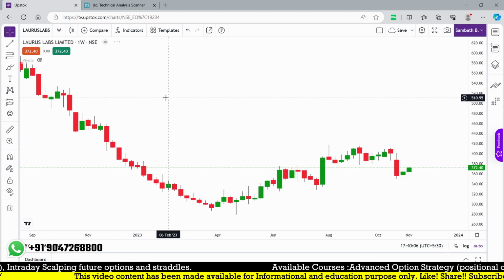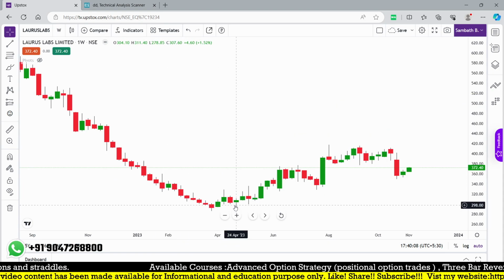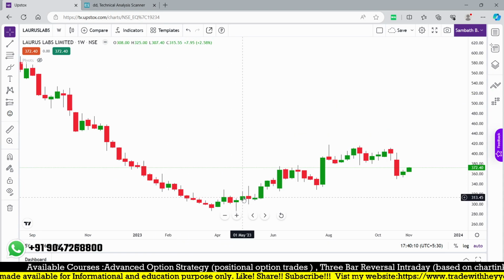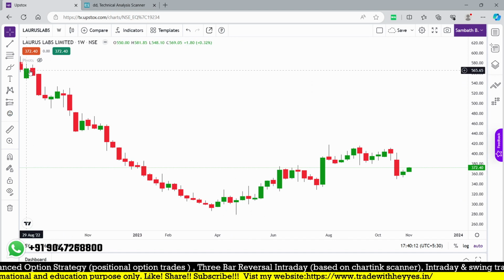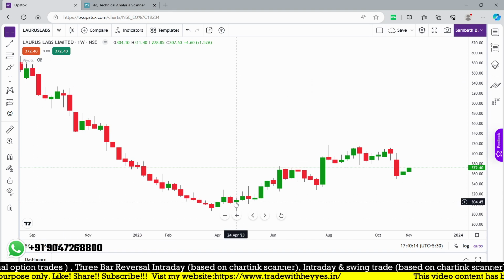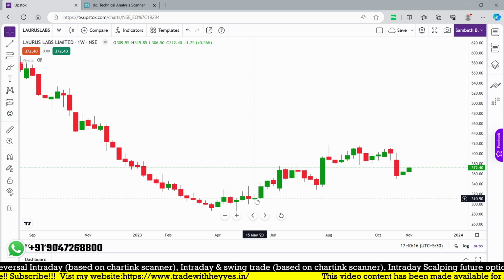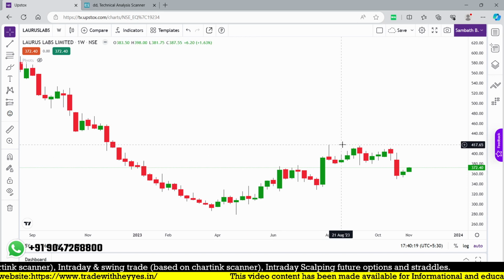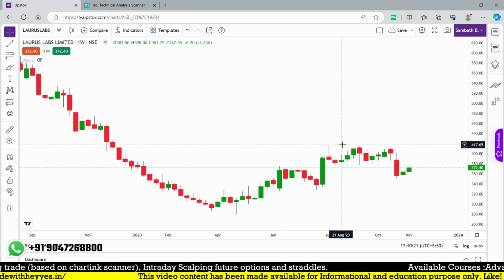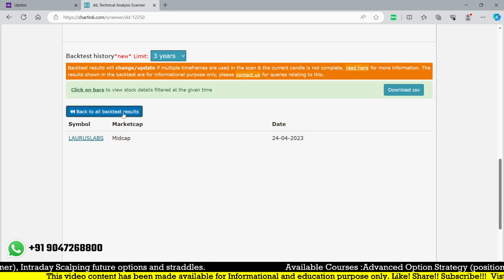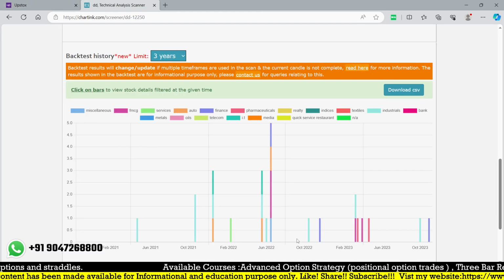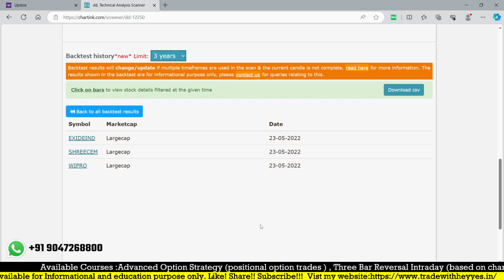Let me check on the weekly time frame. This is a reversal on 24th April. We found a reversal for the swing. After this consecutive downturn from 565, we found the reversal opportunity and that low is around 310. From that it went up to 417. Still now it wasn't negative. And this is a backtest of more than 3 years, because we are using weekly, and Exide